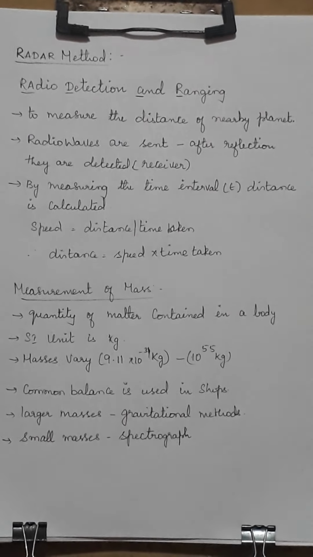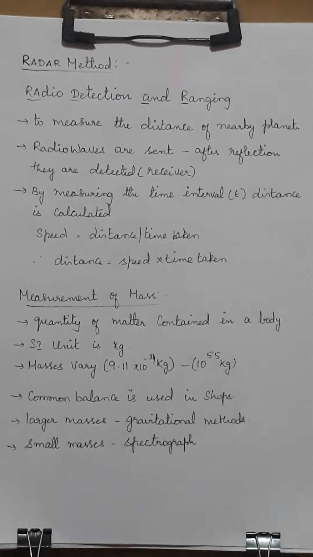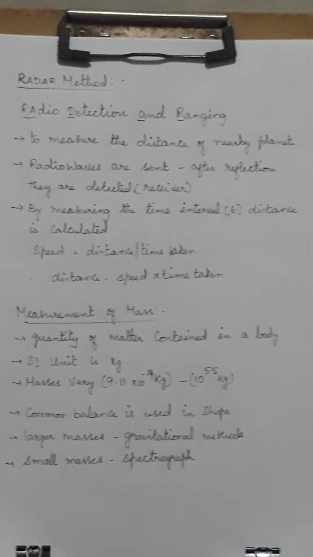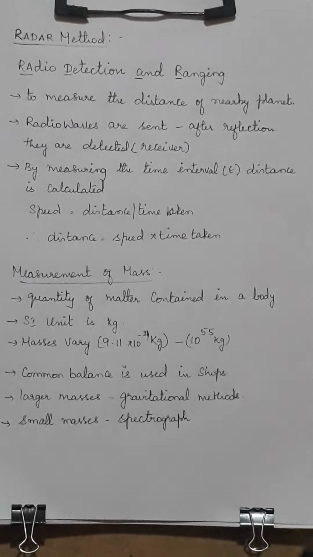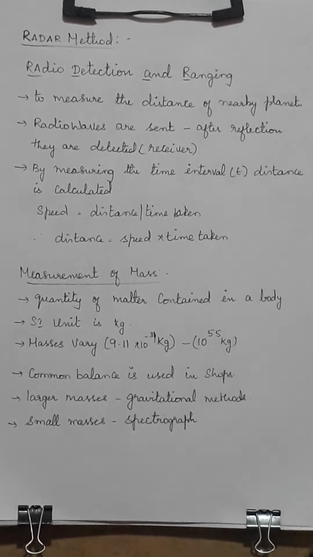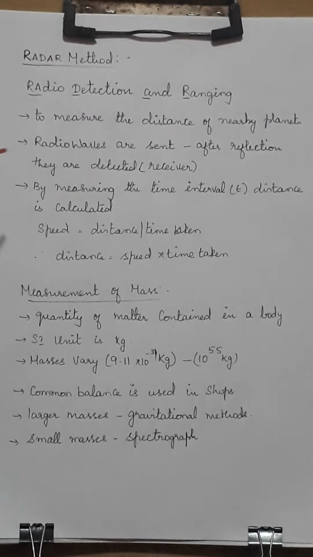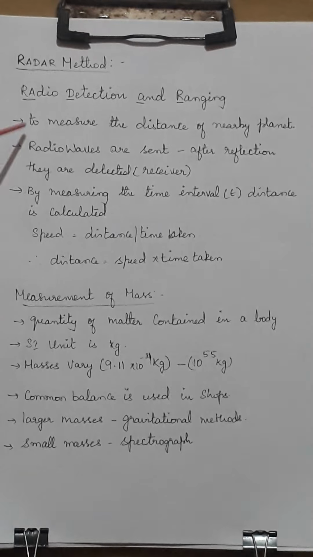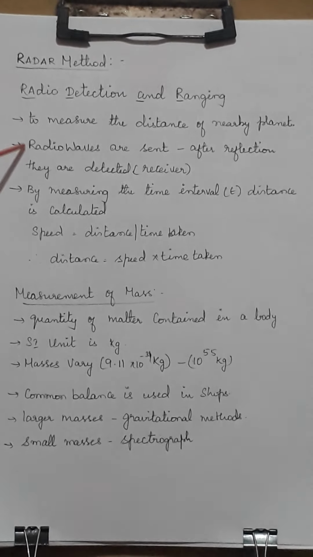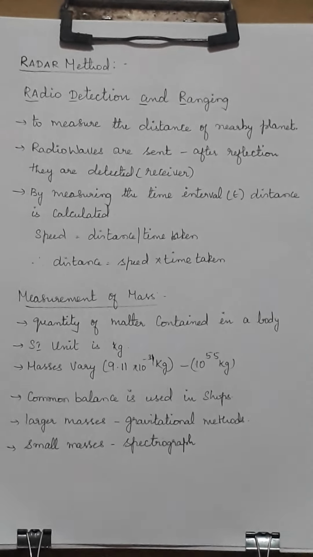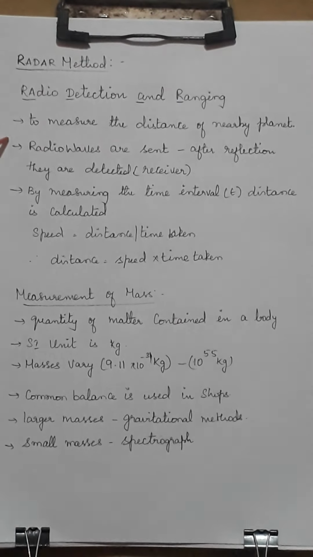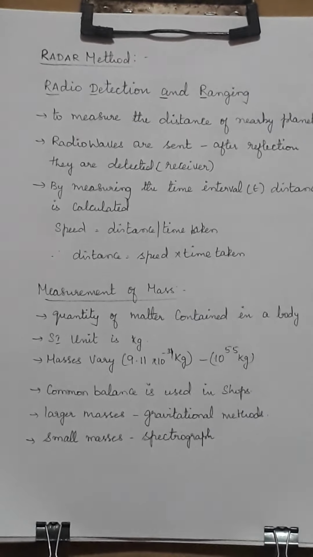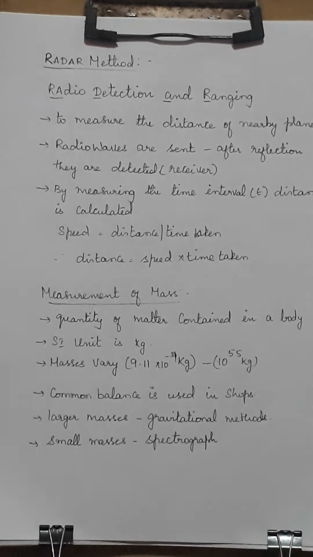But another method called the radar method is there, when you are going to find out a longer distance. But what's the difference between the parallax method and the radar method? In the radar method, radio waves are used, so this can be used only to a certain limit where radio waves can reach. But the parallax method is not like that. The parallax method can reach even the next planet. For even larger distances, you will use the parallax method.